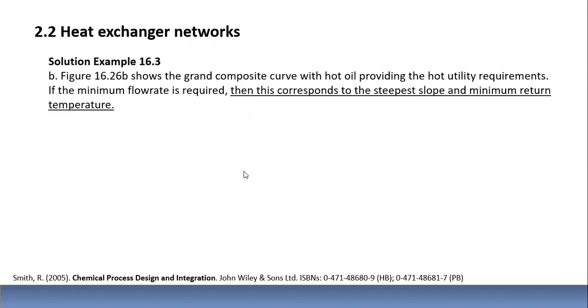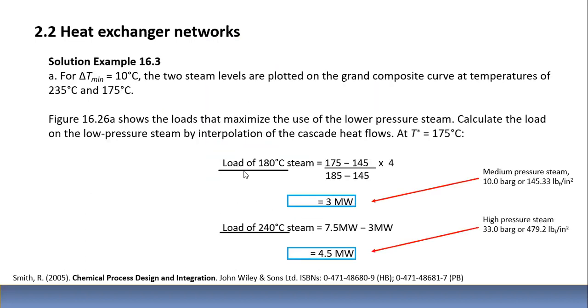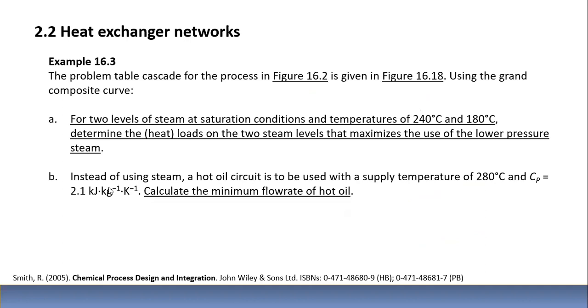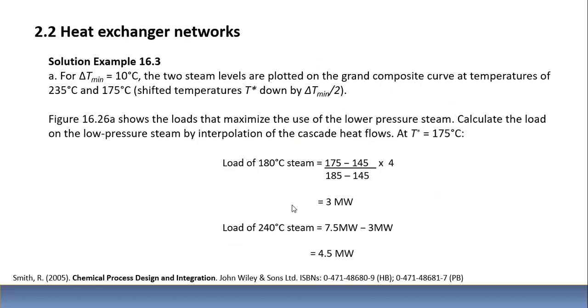275, que fueron 280. ¿De dónde salió ese 280? Bueno, eso salió de aquí, la parte B. Si utilizamos un circuito de aceite caliente en lugar de vapor, una temperatura que se provee, una temperatura de 280 grados centígrados con ese equivalente CP, calcule el flujo mínimo, flujo másico mínimo de aceite caliente con estas condiciones. Entonces,